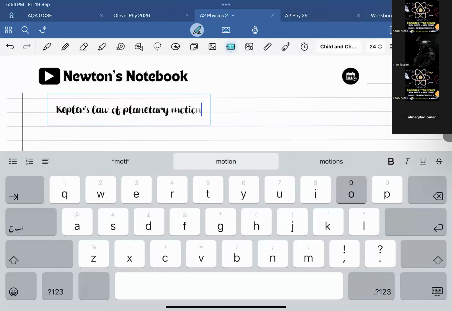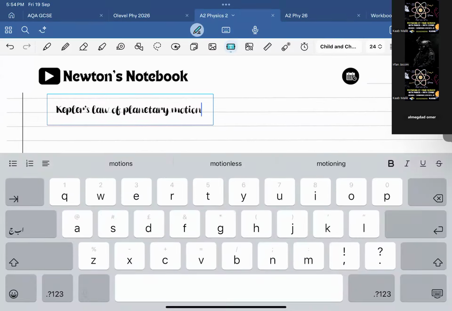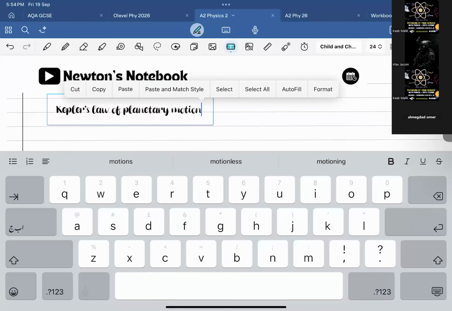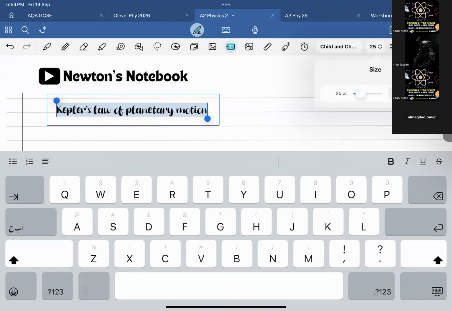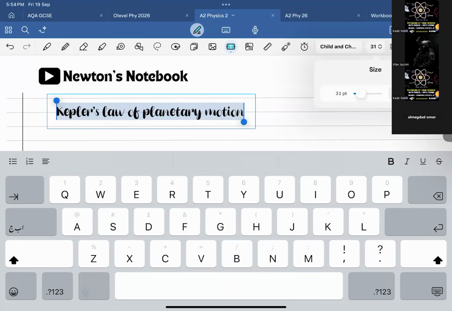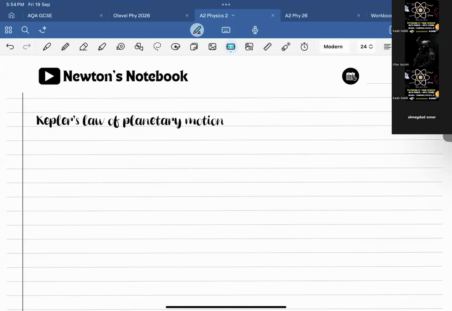Now this is the last thing, and this is the most asked thing. So you should know the derivation, the calculation, and the theory as well. So planetary motion is basically when you have, let's say,